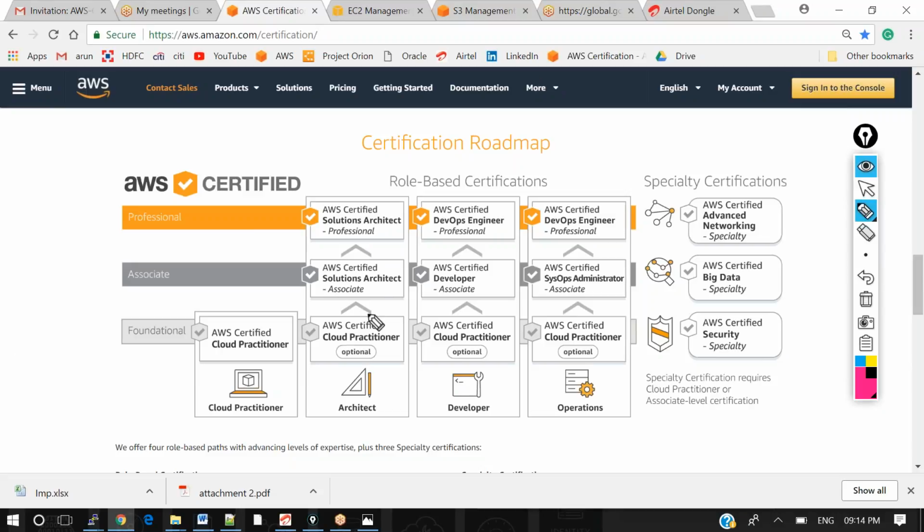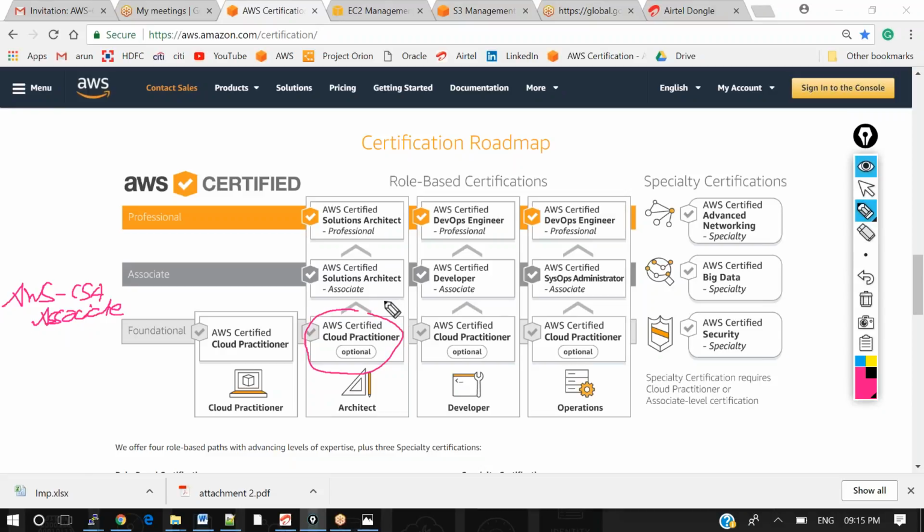Here you can see the AWS Certified Cloud Practitioner. This is a very basic certification. If you would like to, you can do it, but I would suggest no, in the sense that you don't want to waste your money on this certificate, and also it is not highly preferred in any organization. Rather than that, you can go for the AWS Certified Solutions Architect Associate, that is nothing but the AWS CSA Associate.